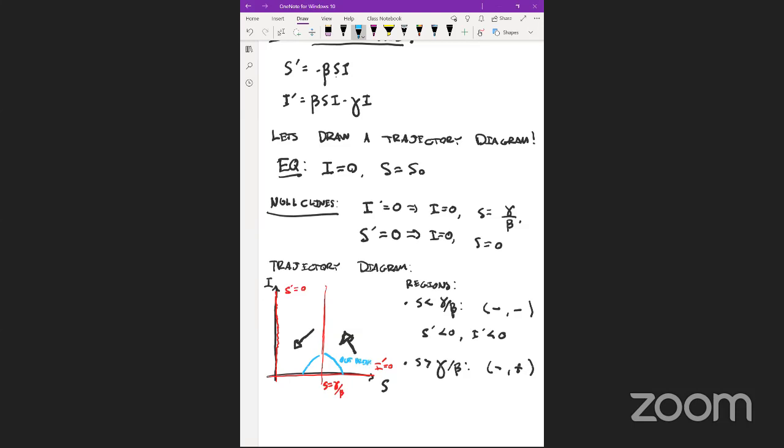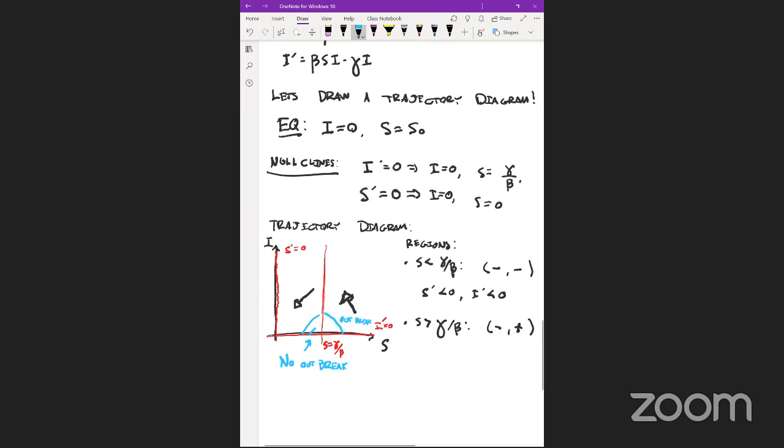And if S is on the other side of this line, then we don't. So what we're seeing here